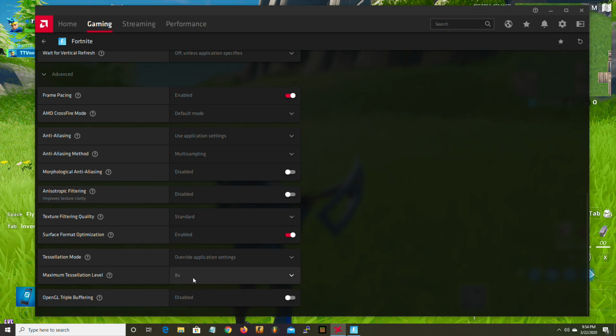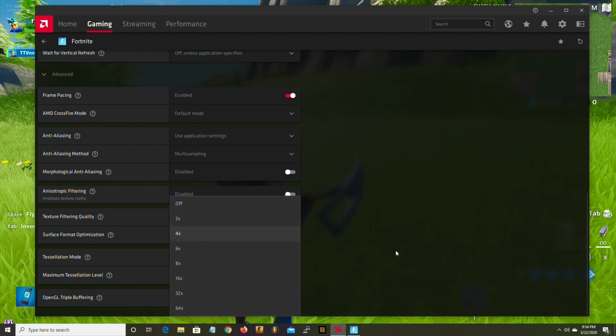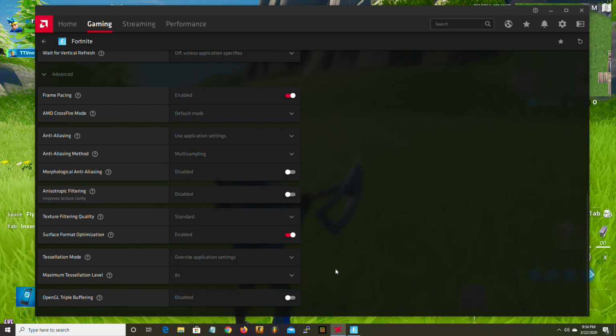Now tessellation mode, we did it at 0 over there, but honestly it doesn't really matter too much. I'll put it at 8x. It could be back off, but I left it at 8x. But honestly, that doesn't really matter. If you're getting a little bit of performance lag, you can turn it off, but for me it made 0